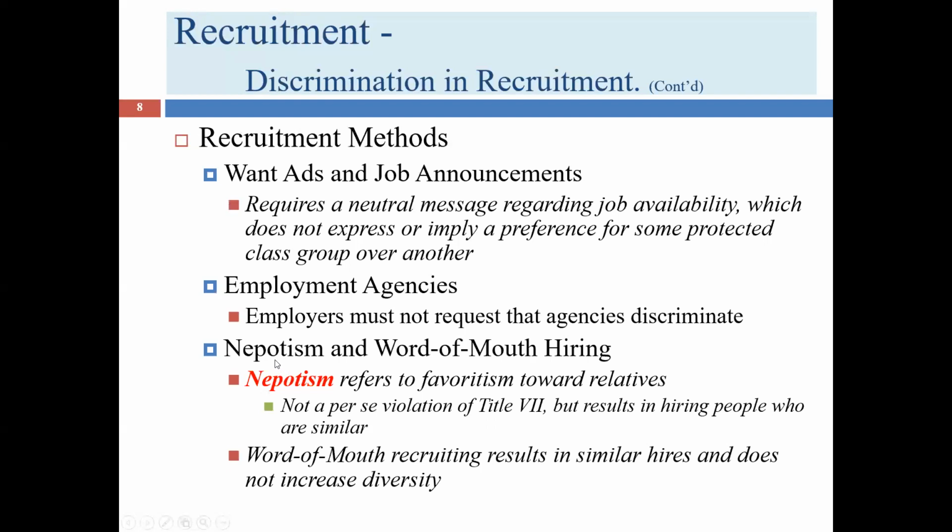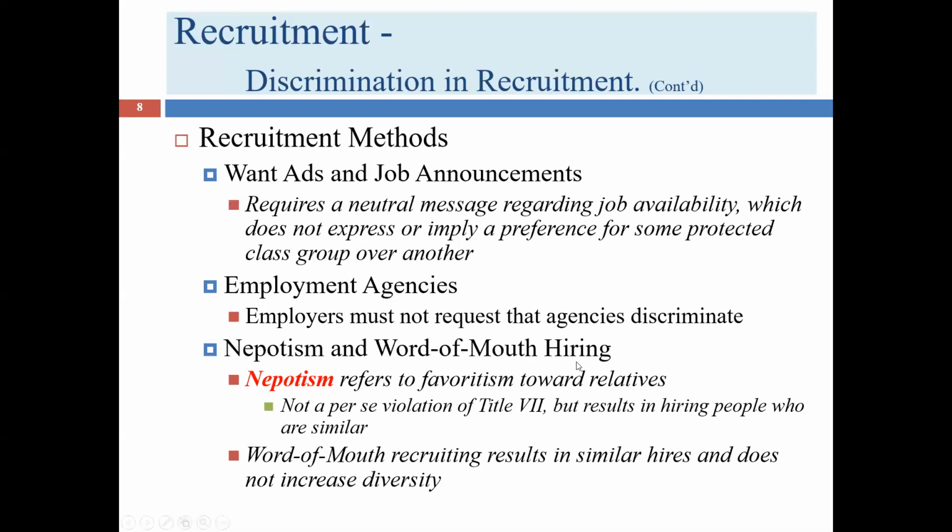So let's talk about word of mouth type of advertising. You know, it's very popular for companies in many different industries to use a more informal system. You'll hear talk in the world that 90% of jobs are filled through this kind of informal system, word of mouth. Hey, you know, the boss will come in and say, hey, tell your friends, tell your good friends who know how to do the work well that we're hiring. And that can be a way that good candidates are selected. And if this method draws in the right type of candidates, then the employer may choose to forego the expense and hassle of these other approaches.